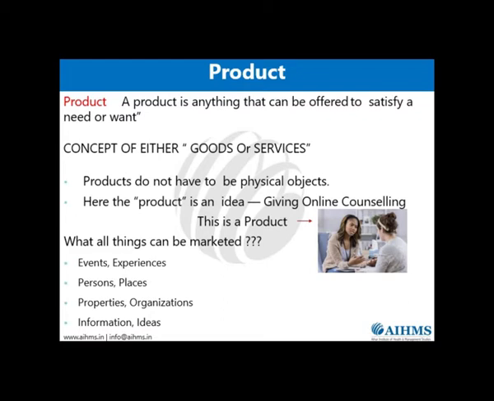For example, the Olympics. When we talk about experiences, the Kingdom of Dreams, where you are basically marketing an experience. Can you market some person? Yes, Sachin Tendulkar, Shah Rukh Khan, they are persons where the brand name gets marketed. Then places, for example, nowadays a lot of ads are coming about Kerala and Madhya Pradesh, the places being marketed. Then properties, any housing society or